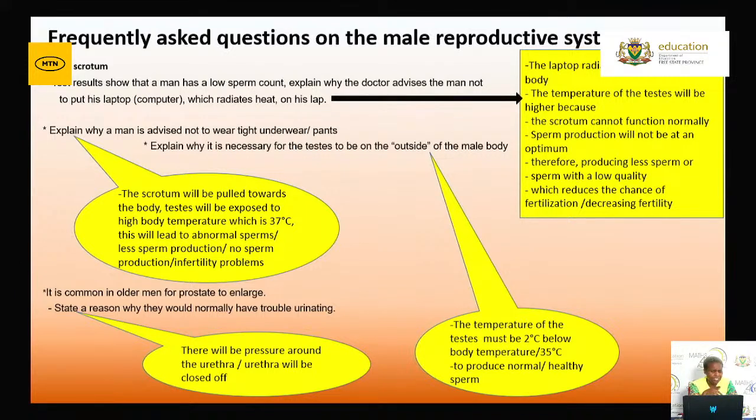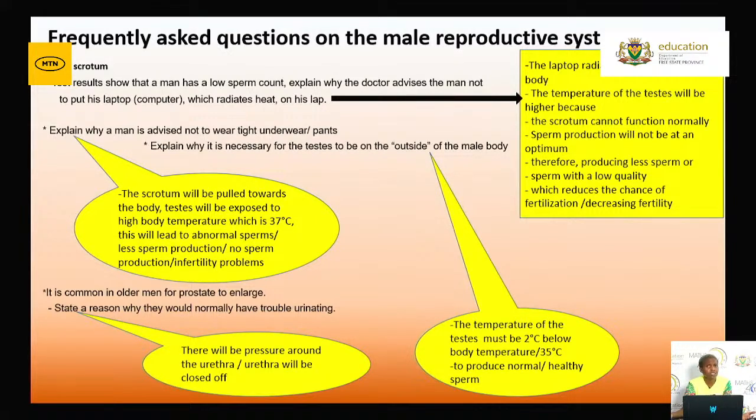And then after that, we have another frequently asked question here. It is as follows. State a reason why it is common in older men for the prostate to enlarge. You still remember the prostate gland from the accessory glands. And then state a reason why they will normally have trouble urinating. It is because there will be a pressure built up around the urethra, and then the urethra will be